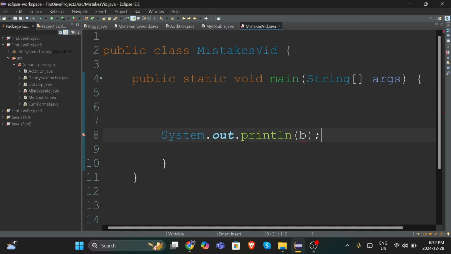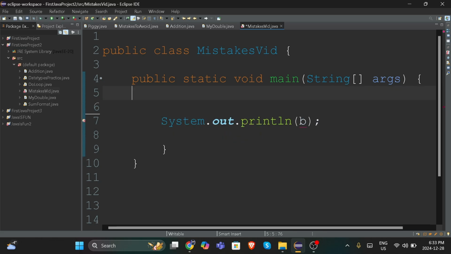So why is it giving us the same error? That's because Java gets confused and it doesn't know what b is. It cannot be resolved as a variable. So to fix that error, we should either put it as a local variable or create a field or parameter or a constant. So to fix this error, we basically have to write